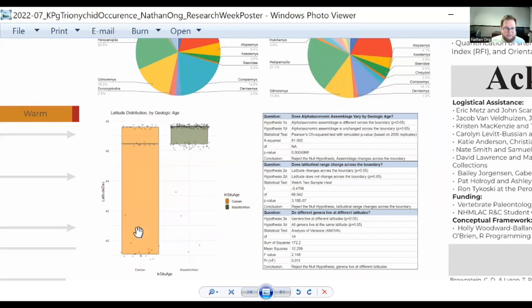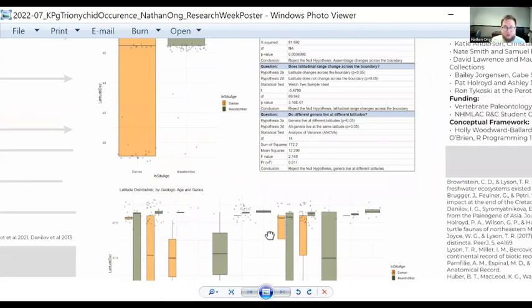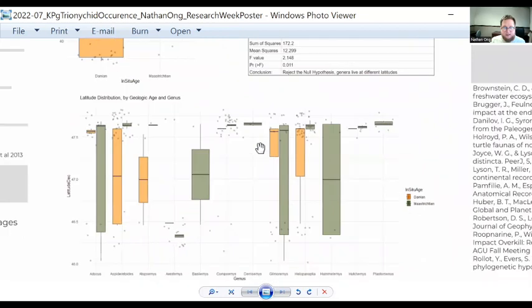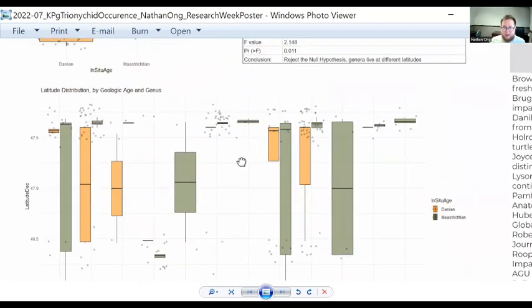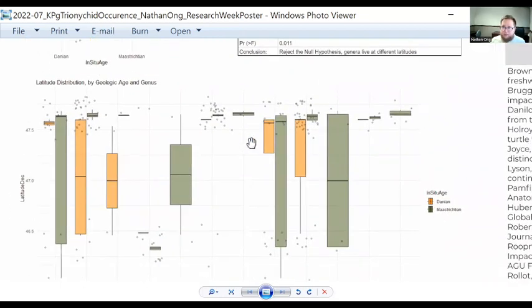And then Danian has a much wider range, but I think more than anything, that's just due to the differences in how the formations are geologically spaced out. That being said, even when you look at just the difference between the Maastrichtian Hell Creek Formation and the Danian Tulloch Formation, which are right on top of each other and right in the same places, you do get a